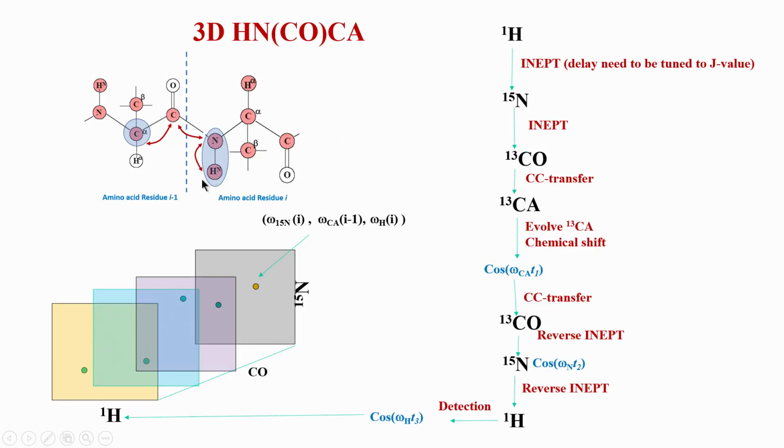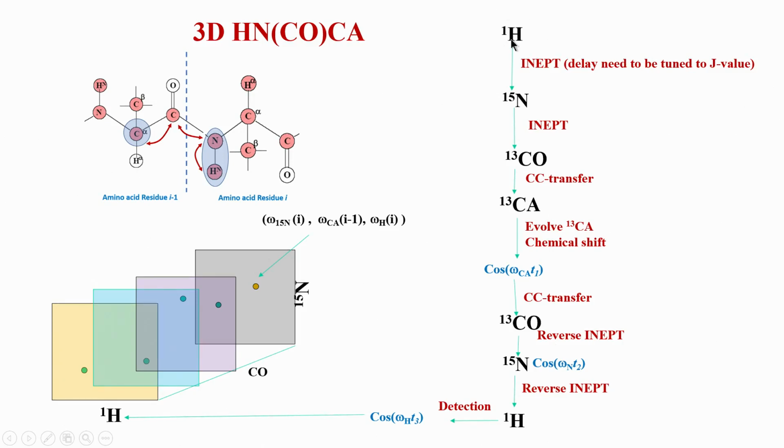So, this picture is shown here again, the magnetization flow. The magnetization flow happens from amide proton to nitrogen, nitrogen to CO of I minus 1 now and then C alpha. So, basically you can think of it as crossing the border. This dotted line is a border of amino acid I and I minus 1. So, the magnetization actually crosses the border, goes to the previous carbonyl and then further goes to the next station C alpha, takes the chemical shift value of this and comes back. So, this is what is shown here on the diagram on the right. So, we will look at that now.